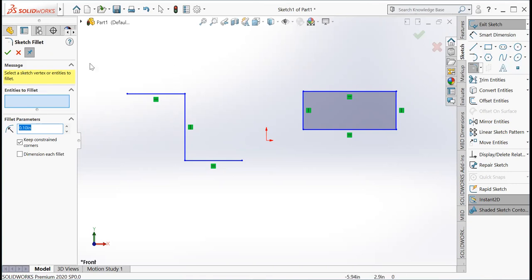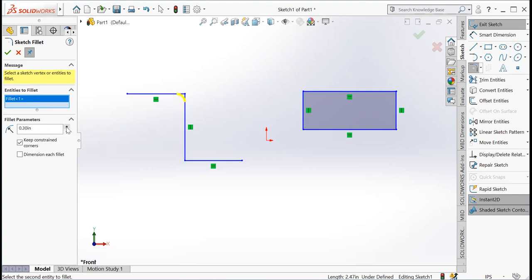On my left hand side, I have to select the entities to fillet, and the fillet parameter is the radius of the fillet. Here I am going to select these two lines in which I have to make the fillet, and the yellow point indicates the fillet which is going to be produced on this surface.